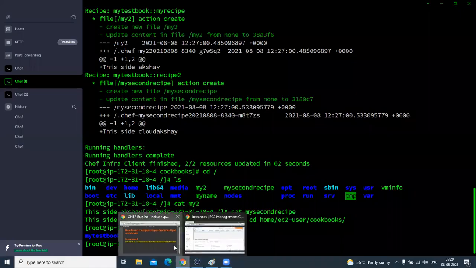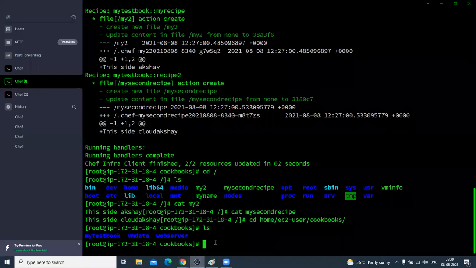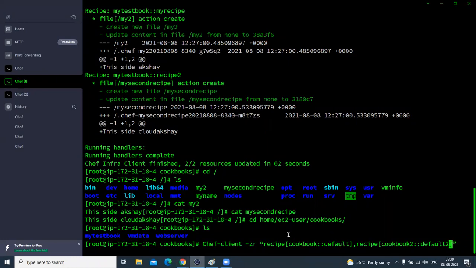The command is chef client -zr, the recipe name, cookbook default comma another cookbook. This is cookbook 2 and the default recipe or another recipe. So you can run this command, copy this command and change accordingly, paste it, and I'm going to run my test cookbook.